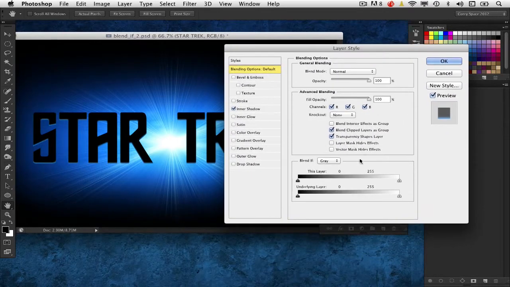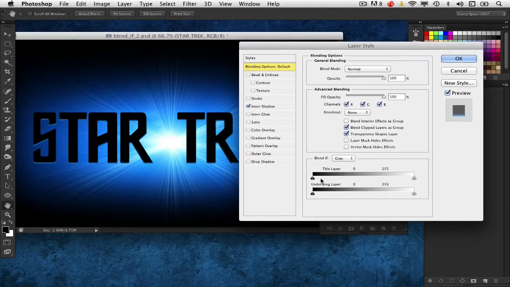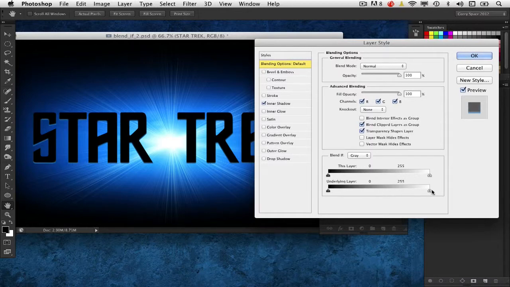So if you go into the Blend If sliders, you'll see two sliders, one for this layer and one for the underlying layer. Each one has these sets of sliders at each end. Now it looks like one slider, it's actually two, but you can move these and determine which light or dark areas of an image are going to be blended or not blended. For instance, in the case of this starburst, if I grab the underlying layer and the light end, I want to bring forward the lights. If I grab this and just slide it forward, notice what's happening to those bursts in the image there.